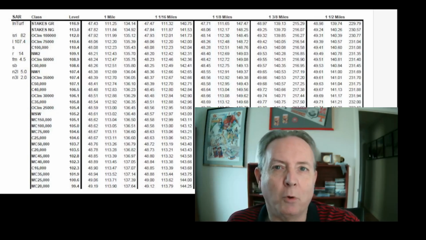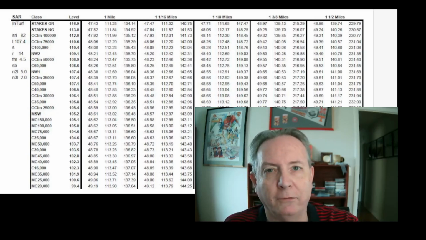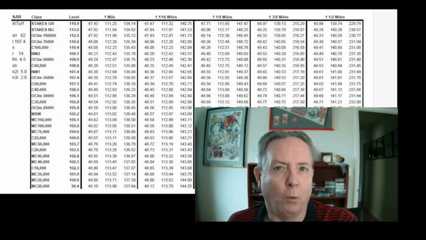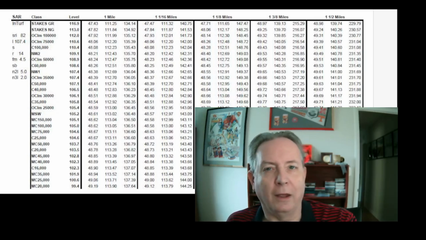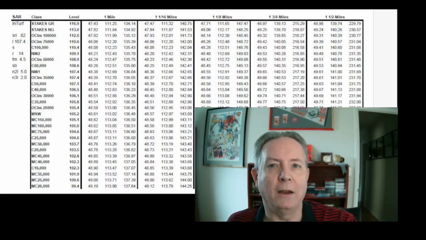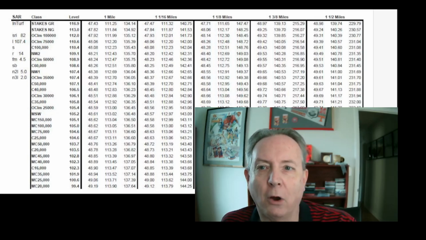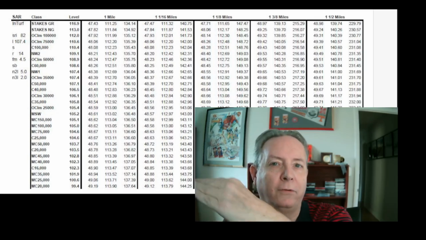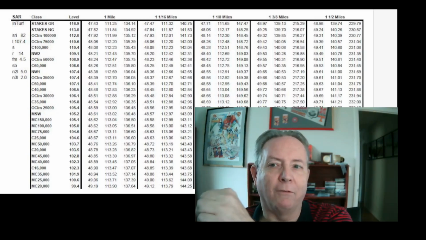And that's really kind of important to the figuring of the par charts. One of the things that Jim Quinn talks about in a lot of his books and articles is that using the normal par chart, the 100 level is like the $10,000 claimer. And as Jim says, you can't do that in turf racing. You've got to use a much higher level. And so in a case like this, you need to go to basically whatever is the next highest level below